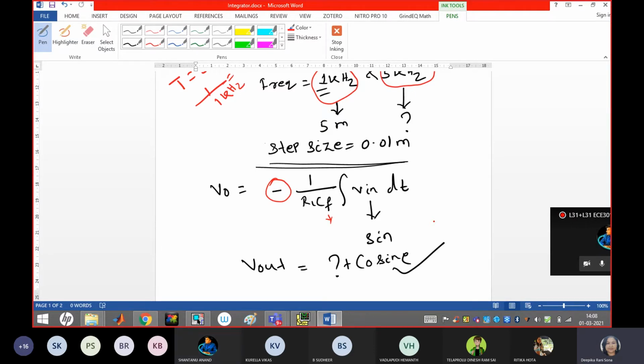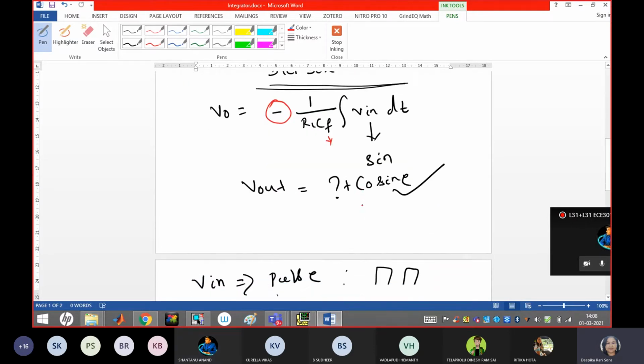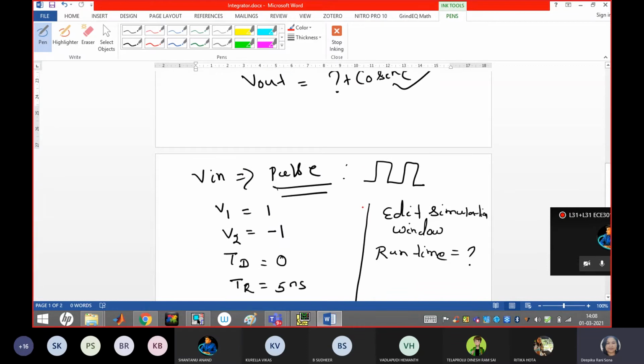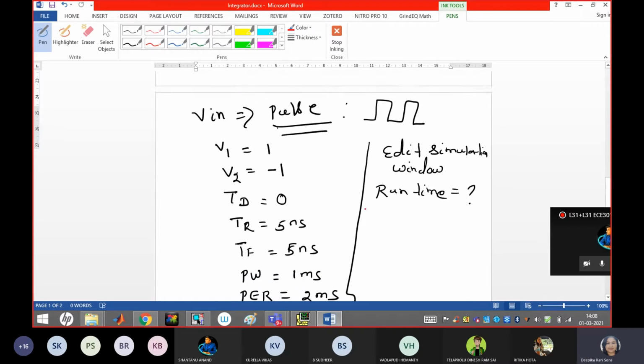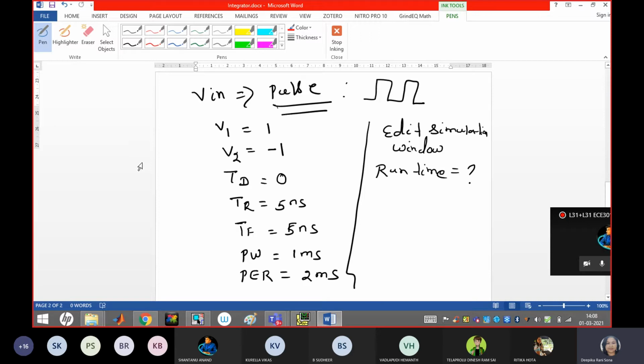Yes, ma'am. Okay, the next input is pulse wave. You may get this pulse wave from the voltage source only, and there pulse is available. How you are getting the sinusoidal input? No, you have to get the pulse. In that pulse, these are the different parameters available. So what are the different parameters available? The input, how much input we are going to apply? We are going to apply the input from plus minus 1 volt. Okay, it means the range will be 1 to minus 1.